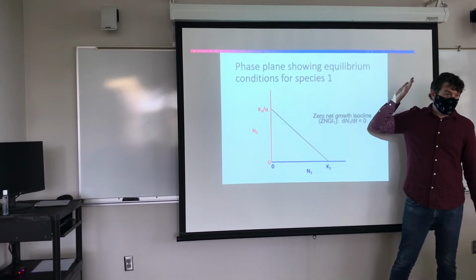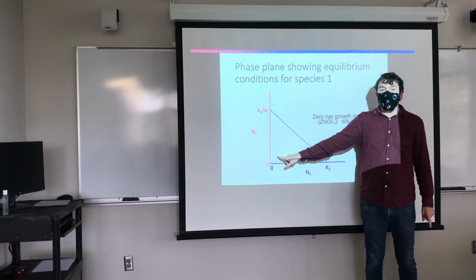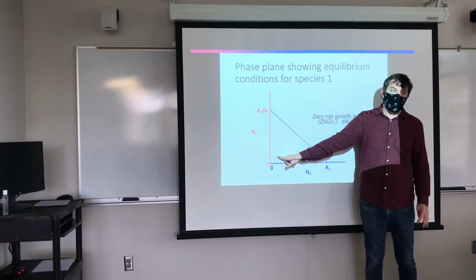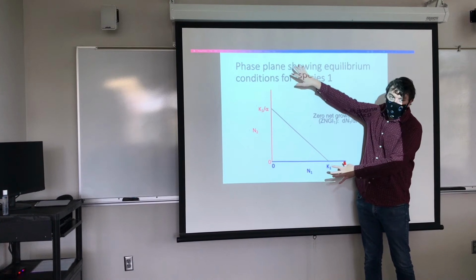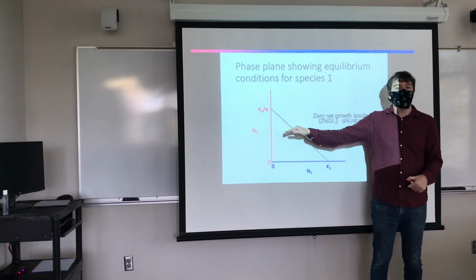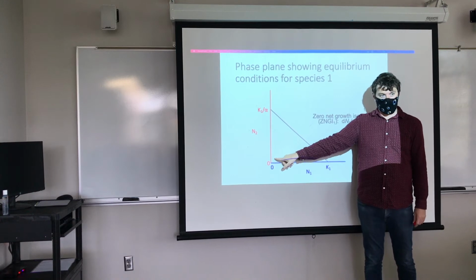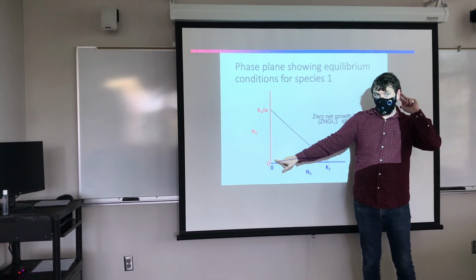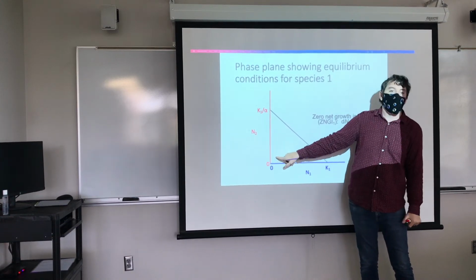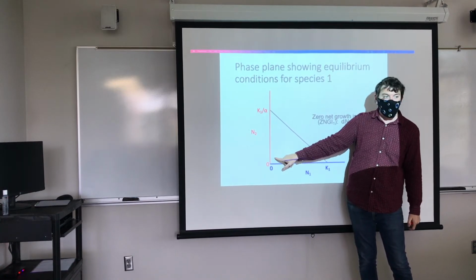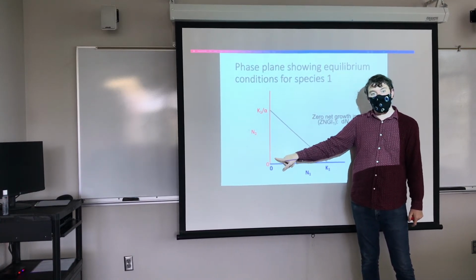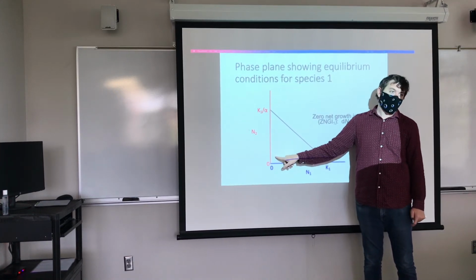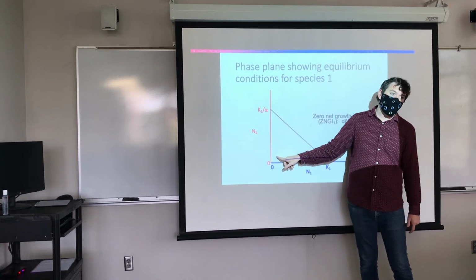So if you ignore the black line for a moment, what does this point mean in this phase plane diagram where the axes are population sizes of 2 species? What does this point mean right here? There's nobody. Or very small, right? So a very small population size of species 2 on this axis, that's your y value, and a very small population size of species 1, that's your x value. So this point defined by x, y is 10 individuals of species 1